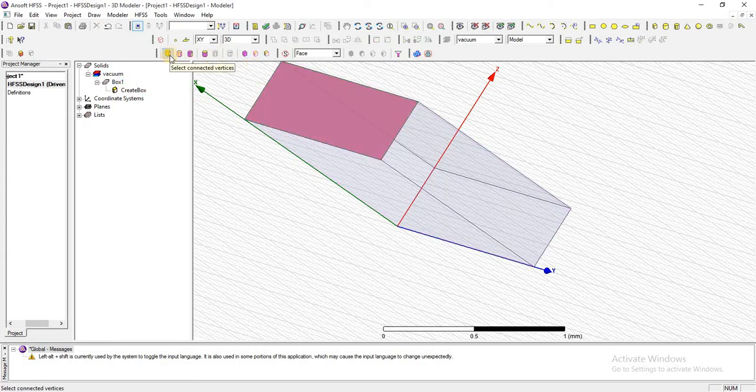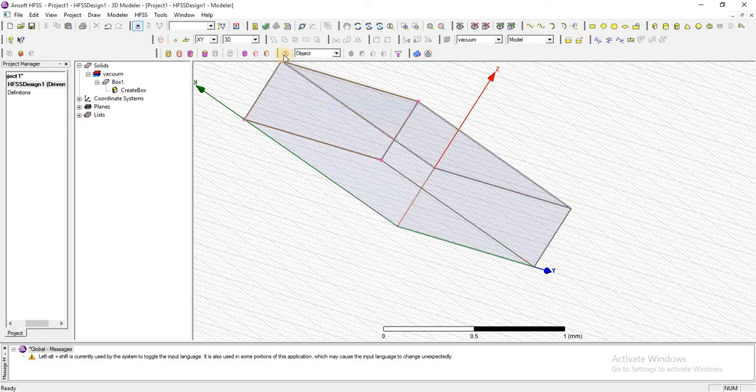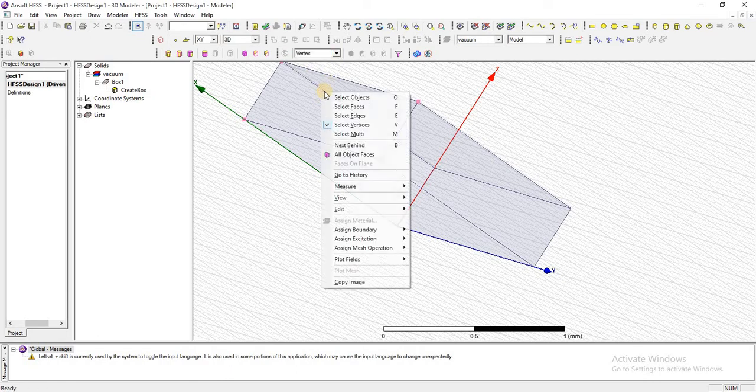Similarly I can select all the vertices of these edges. And from here you can change an object. If you want to select an object's faces, edges or vertices as multiple, you can change from here, and you can also change by left click.